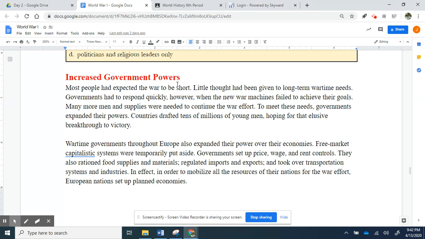Wartime governments throughout Europe also expanded their power over their economies. Free market capitalistic systems were temporarily put aside. Governments set up price, wage, and rent controls. They also rationed food supplies and materials, regulated imports and exports, and took over transportation systems and industry. In effect, in order to mobilize all the resources of their nations for the war effort, European nations set up